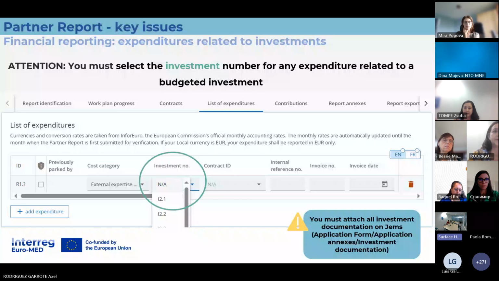If I may add, concerning the attachments, this doesn't exclude the possibility that your controller or your national authority might ask you to add also some documents related to an investment directly in the attachments of the expenditures. This is totally independent, but for the interest of the program, we ask you to add this documentation to this investment documentation section that is in the application form, and then you have some kind of folder, one folder for each of the expenditures that you have included in your work plan.